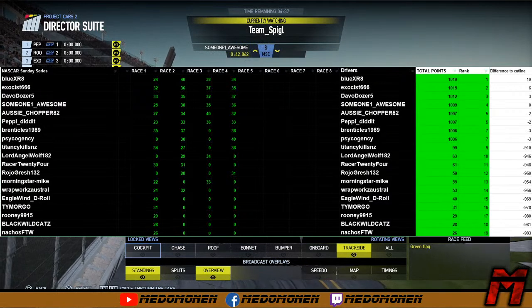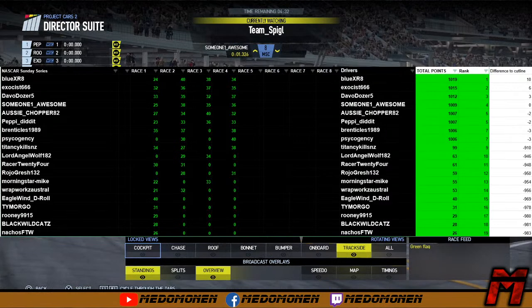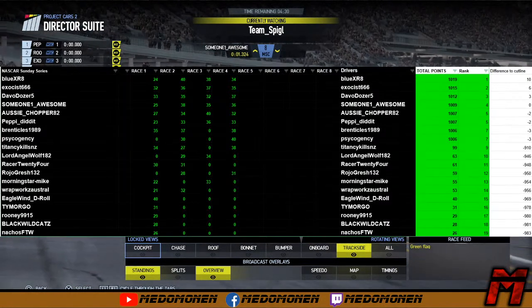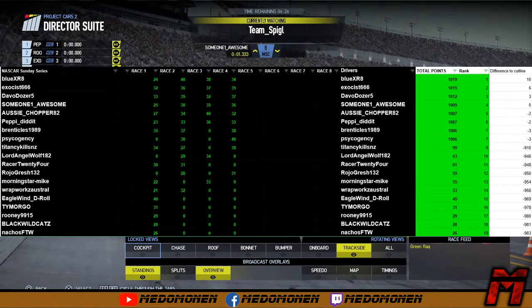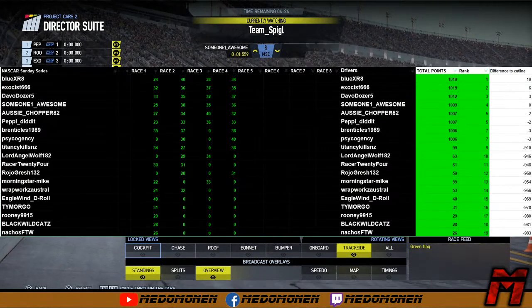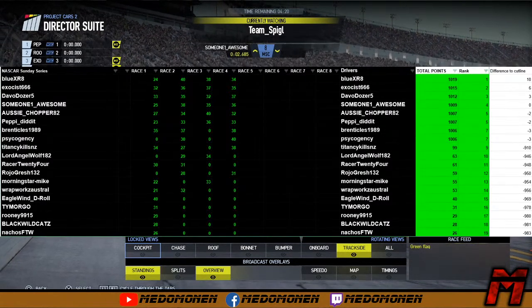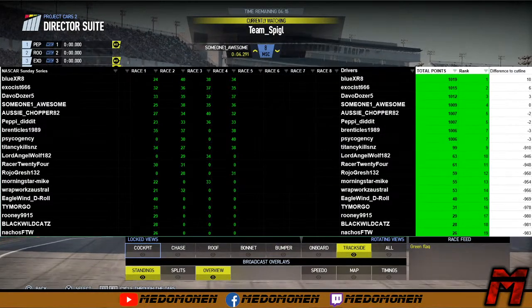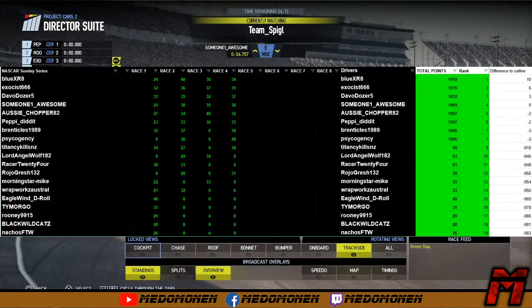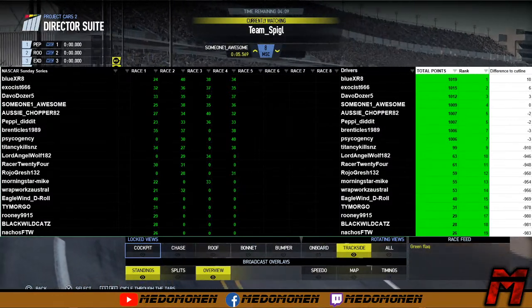And we've got Someone Awesome, who won the Xfinity race, in P4. He is on 1,009 points there. And we've got Aussie Chopper in P5, then Peppy in P6. Those guys both on 1,007. And we've got Brennicles and Psycho both on 1,006 points there. Psycho making the playoffs with a race win last week. So it was all to play for him, and he provided the goods, and he made his way into the